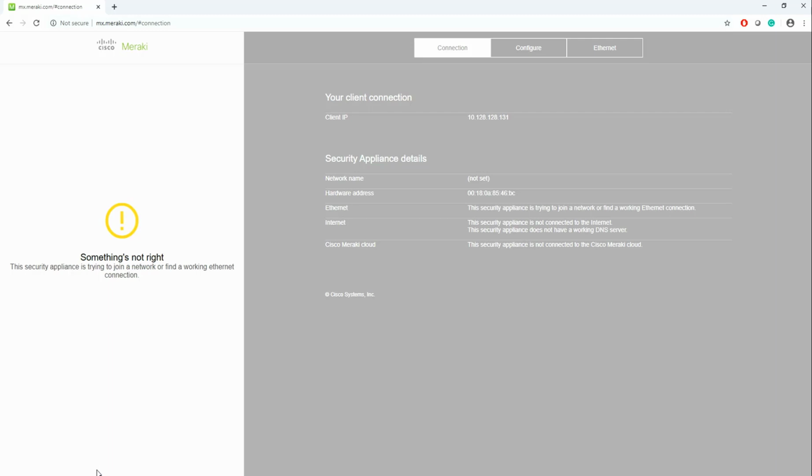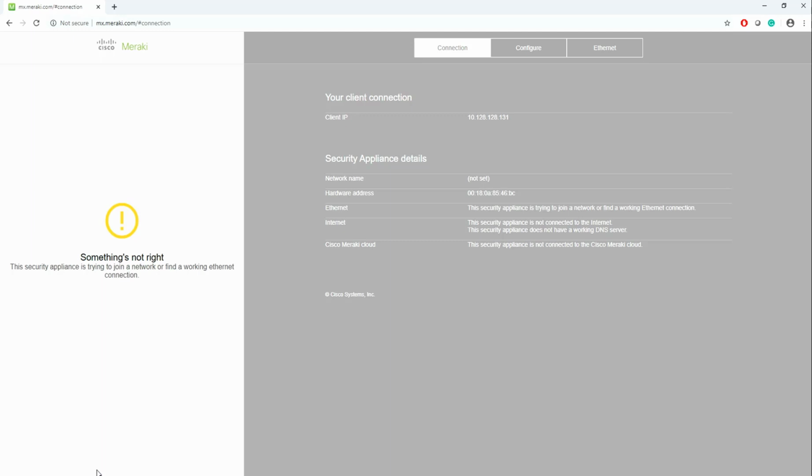Now this is a local management interface on the Meraki MX, which can be used to configure basic settings to allow the device to connect to the cloud. As we connected through the local management port on the MX, it doesn't matter what we type in the address bar, we will be redirected to the management interface.